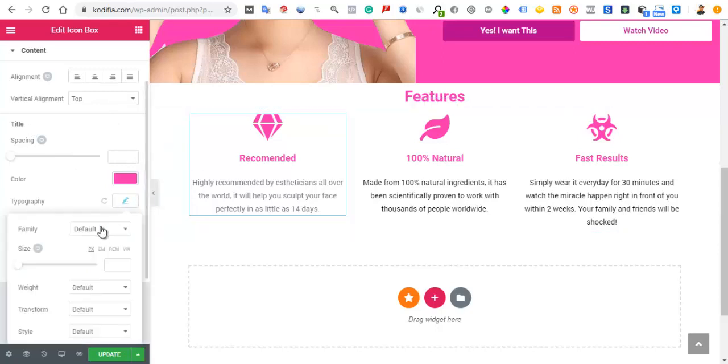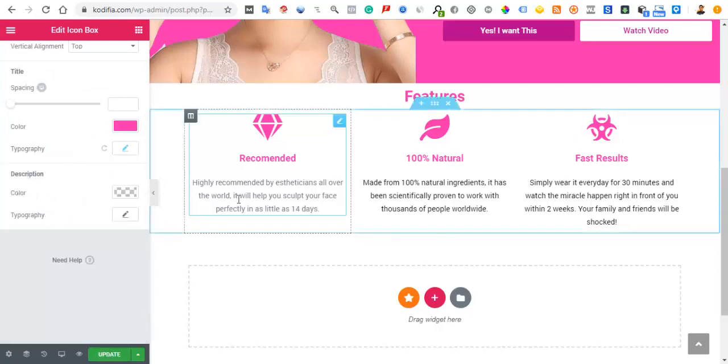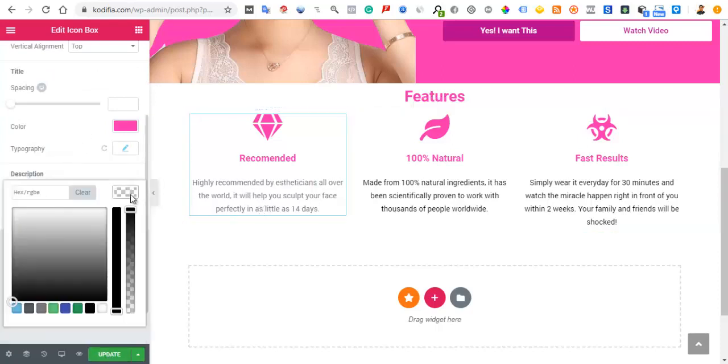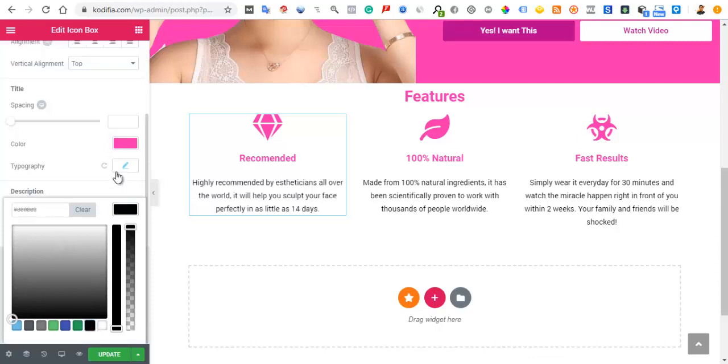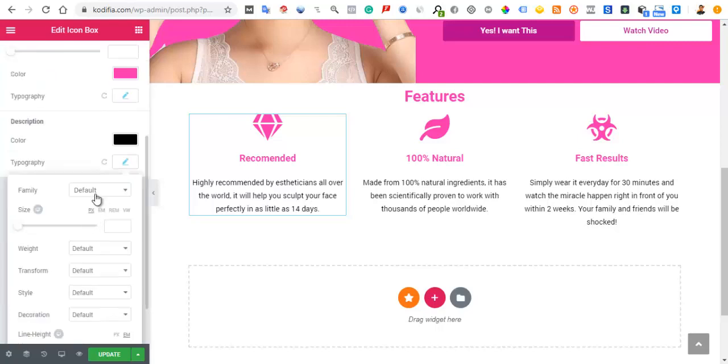So just click on typography. We want to make that Roboto. Okay, and I think that's pretty fine. And then for the description, which is this, let's change that to black, and change the text to